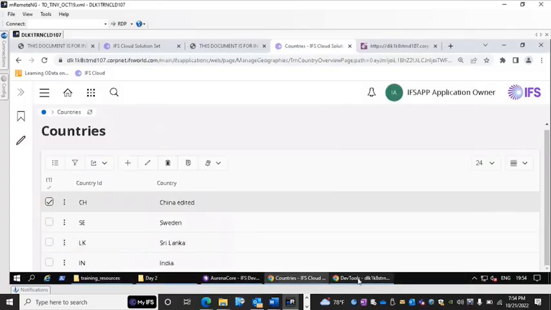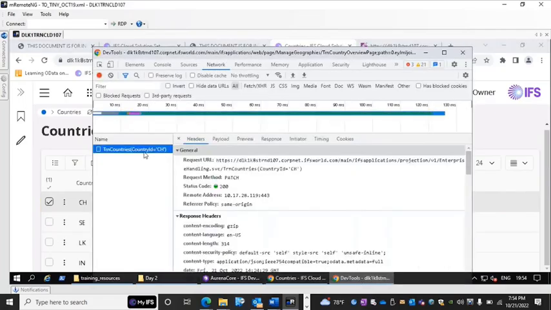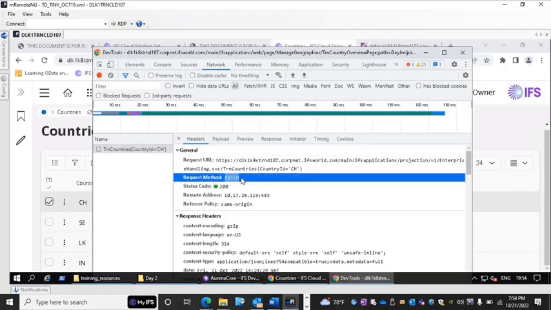Now we'll see what we get. Right. So the new request method is now patch. Previously it was post and get that we have worked with. Now it's patch because we have updated our existing records. That's why we are getting the request method as patch. The status code is 200 and the request URL, now you will be able to see that we are passing a